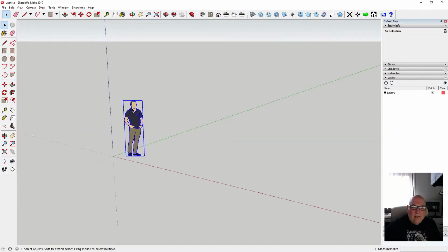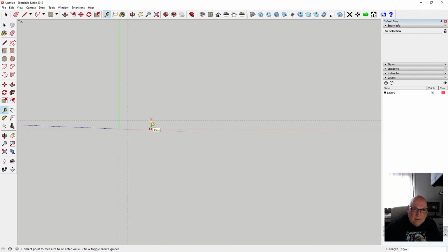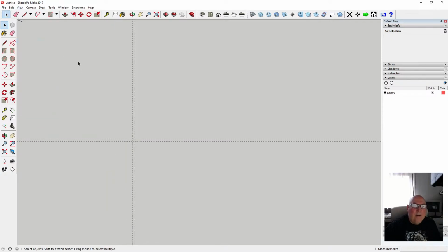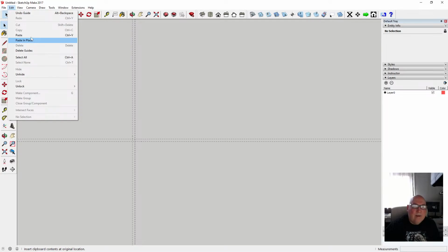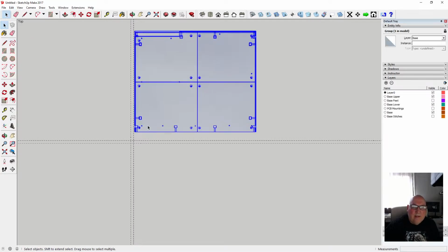Right, so we'll get rid of this guy. We'll do this and we'll put some preparation in. So go 10mm, 10mm, and then we'll go 10mm and 10mm. That gives us our lines. We'll get rid of axis. Now we're going to paste in place. Paste in place. Okay, so that gives us